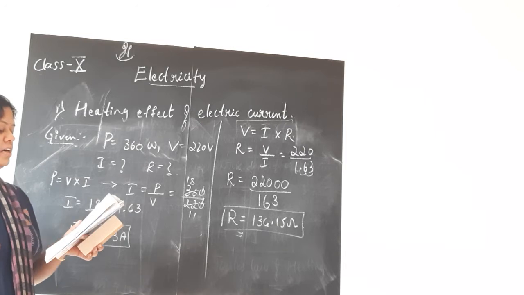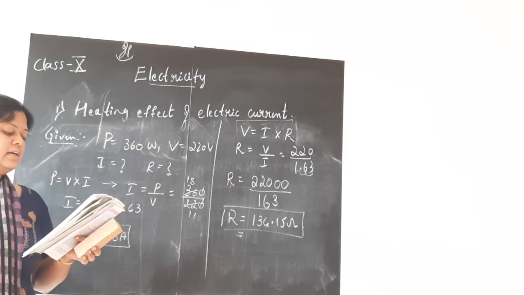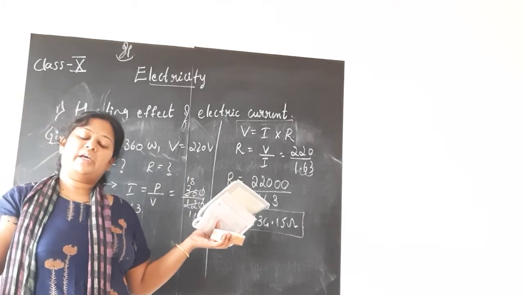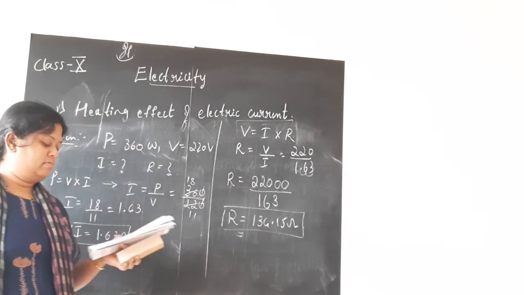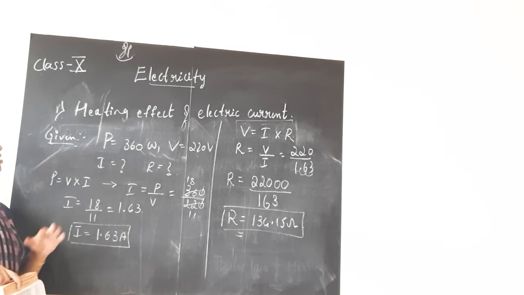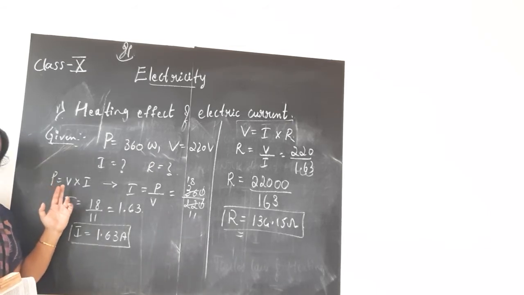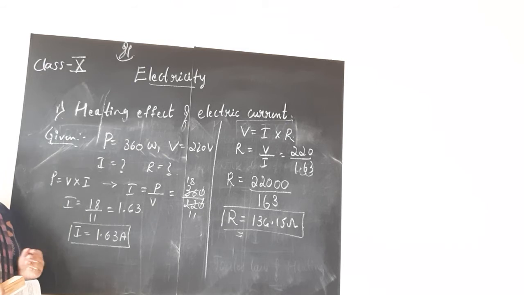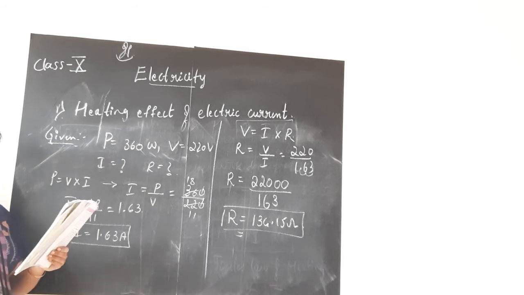So hence we have found out both the current and the resistance value when the power is maximum, with current flowing at the maximum rate, and then at the minimum rate as well. So this is about the problem based on the formula of power, that is power is the product of voltage into current, V into I. Unit of power is watts. How do you represent it? By capital letter W. That's it.